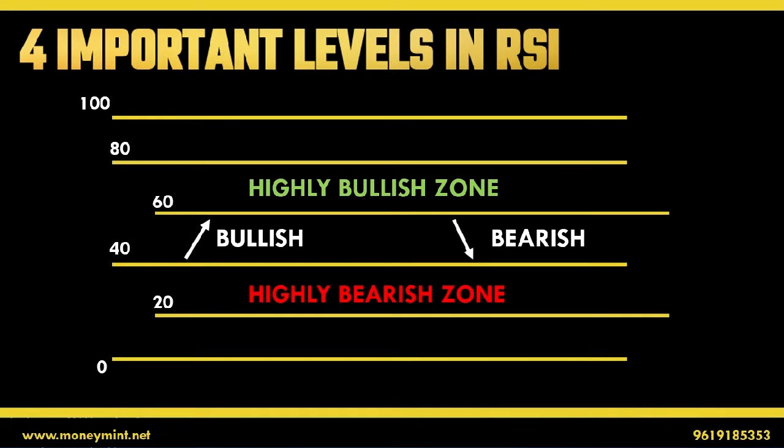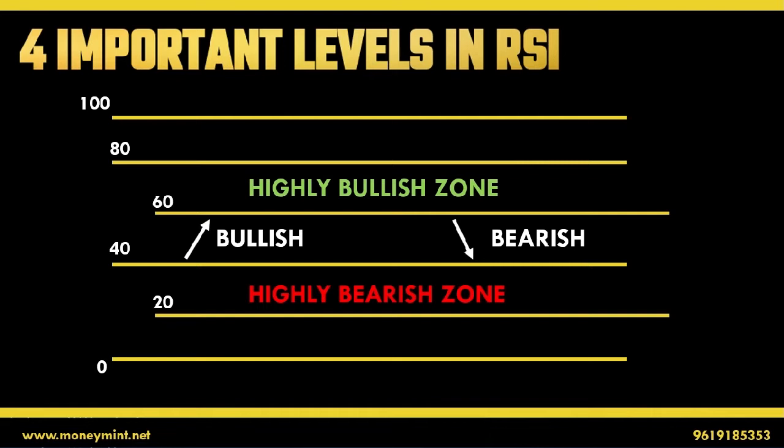In the start I mentioned that 70 and 30 are the good levels. We have a bit of adjustment to the levels. We see the levels which are 80, 20, 60, 40. So 4 levels. Why? The level 80 to 40 is for a bull zone. The view is biased towards a bullish market. The level between 60 to 20 is a bear market zone, or your view is biased towards negative, that is the market will go down, bearish.